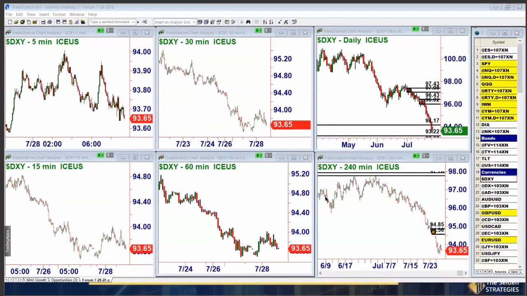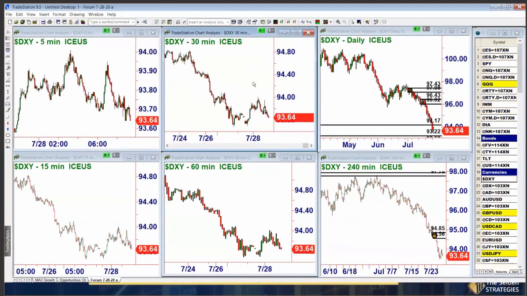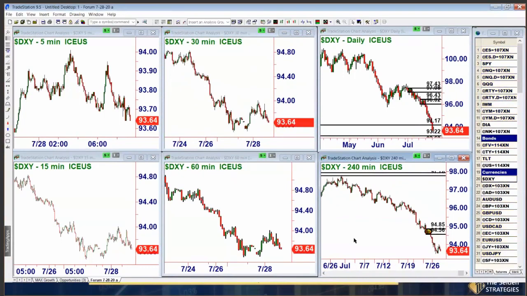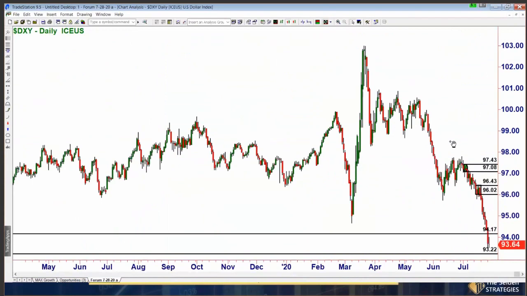Why is the dollar important? Because it's probably in a big way going to dictate where equity index markets go. It's a key market for us to focus on today. And I say today because of where it's at. So when we look at the daily chart, for example,